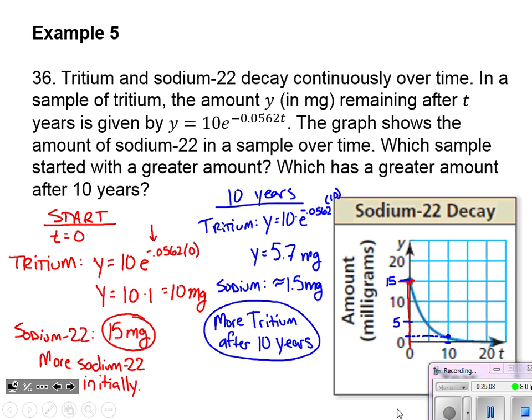Okay, so what's that showing us? Even though we have exponential decay shown in the graph and in the function for the two different elements, because the tritium is decaying at such a slower rate, it starts off with less, but after 10 years, more of it remains than the sodium. Very cool. Like I said, this e value shows up all the time for things decaying over time. History people use e values when they determine the dates of artifacts by carbon dating, because they know how carbon decays over time. They can relate things to it. Very, very cool. Very, very applicable.